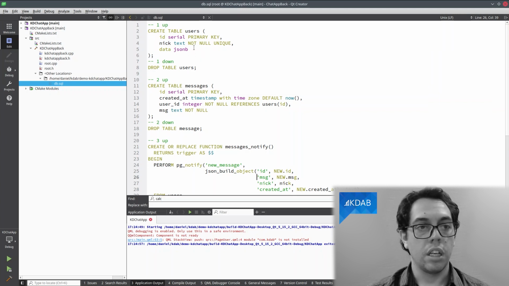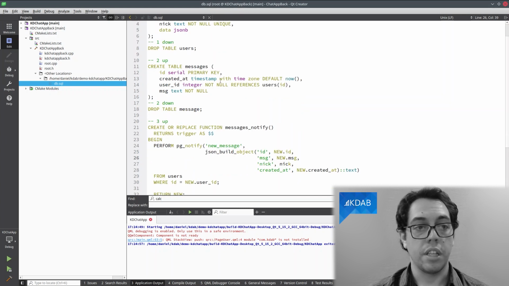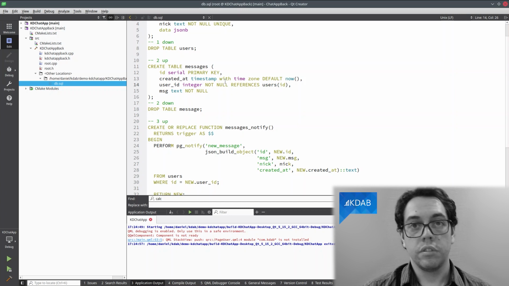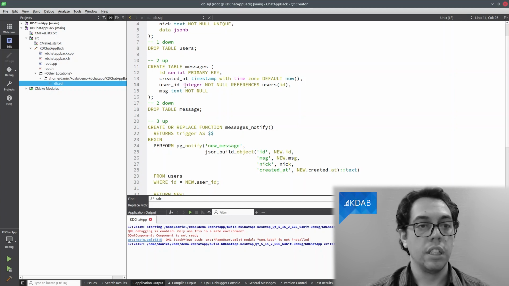So we create a user table, which has an ID, which has a nickname for your user, and also has some extra information like Firebase tokens and stuff like that that we are going to be needing for the next part of the tutorial. We also are going to be using a message table, which will have a created field so that you know when the message arrived. You know the user ID, so we know the user who sent the message, and also the message text itself.